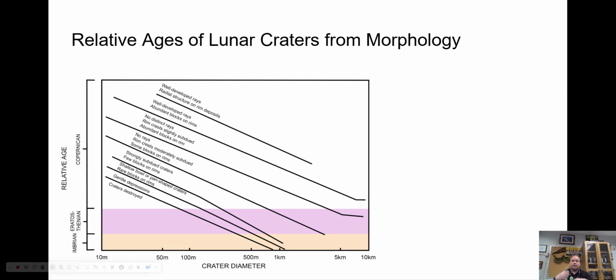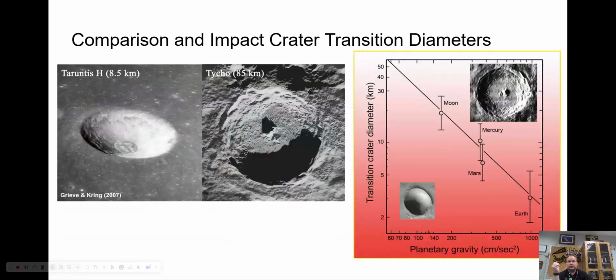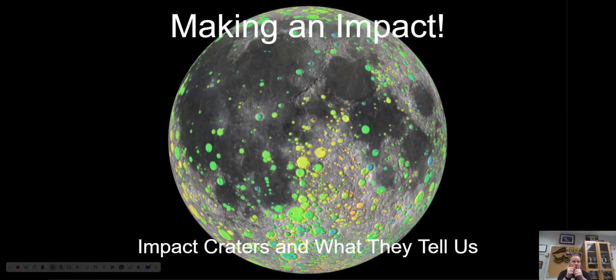We can tell the age of a surface. Now, I'll go back to this beginning slide here. What I meant to say here was one of the great tools of impact craters is we can count craters on a surface. We can tell that this surface on the southern part of the moon here is older because of the number of craters on it, and this surface up here is younger because of the relatively few craters on it. That is an important way we measure age, and part of that's because in the early part of